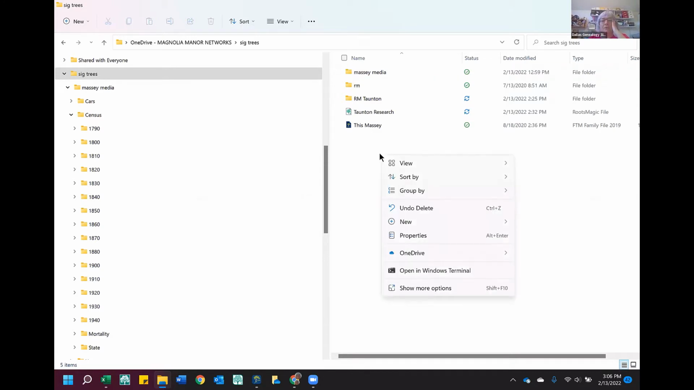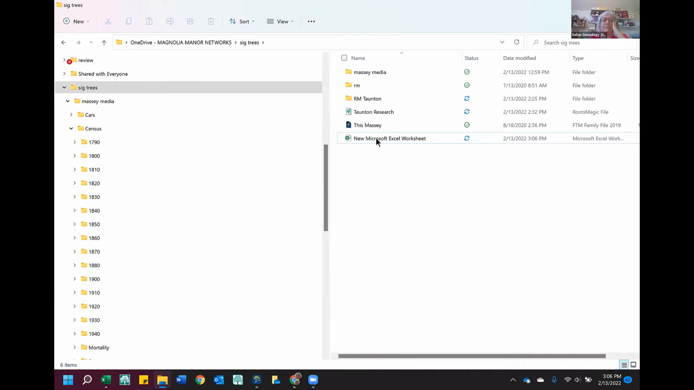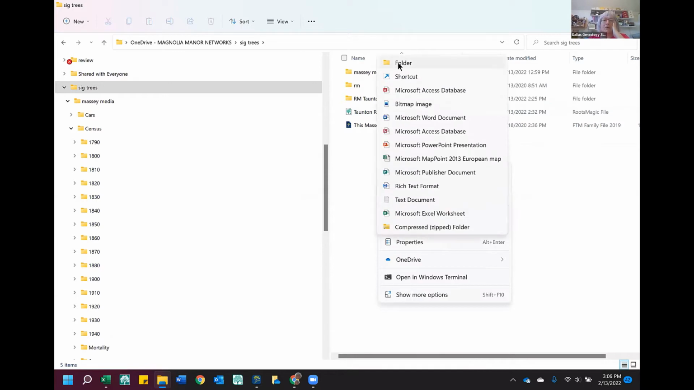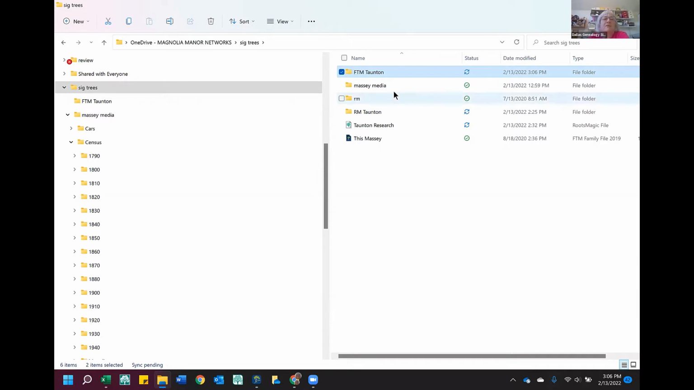So I'm going to open it and make a new folder, if it will let me. I want a new folder, and this was FTM Taunton. Taunton is the last name that this project is going to be on. She's one of my husband's great-great-grandmothers. And within this folder,